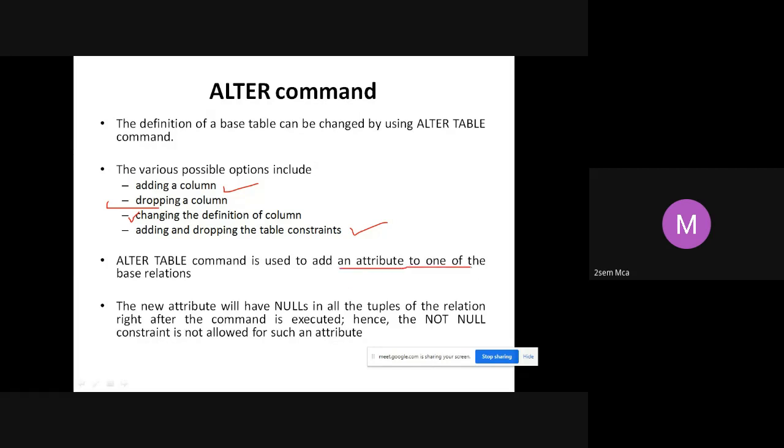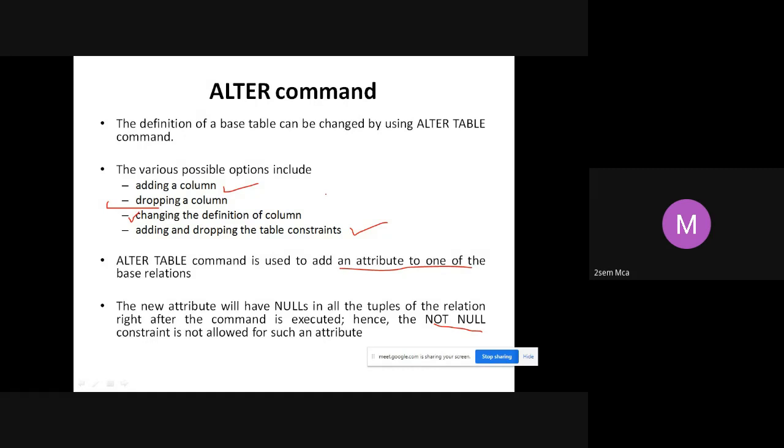Okay, so you can add an attribute using the alter command. Once you add an attribute, what will happen? The values will all be null. Hence, you cannot allow not null there. Are you understanding what I'm saying? When you add a column using alter, don't give the constraint not null, because it will be null. We use update to add values to that later, is it not? So it has to initially be null only.